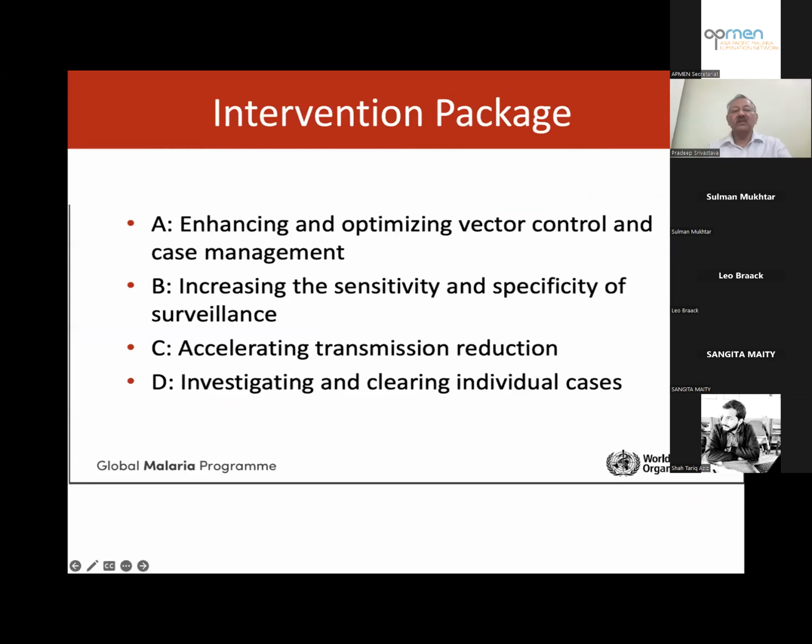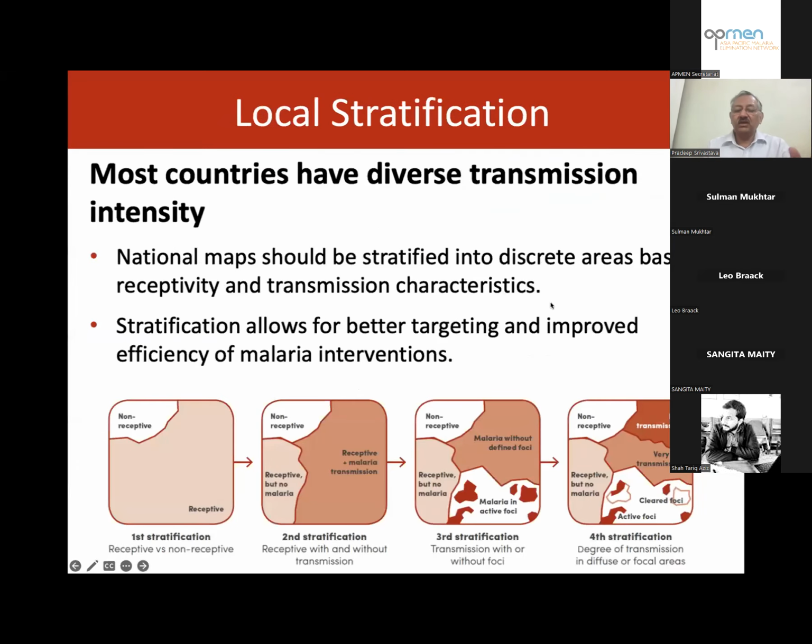That is what is given here. A, B, C, D: enhancing and optimizing vector control and case management, increasing the sensitivity of the surveillance system, accelerating transmission reduction, and investigating and clearing all the individual cases. So this is, as I told you, a mix and match of experience, WHO guidance, and some national guidelines. Everything is there, mix and match. So